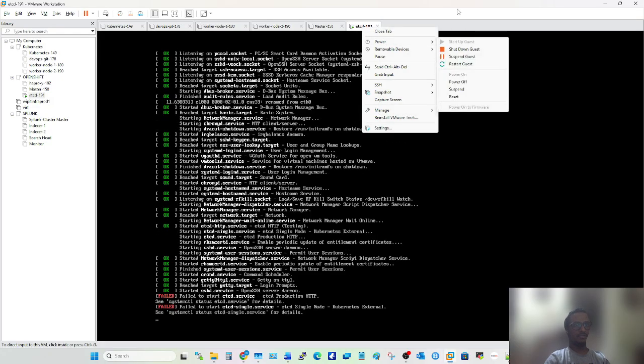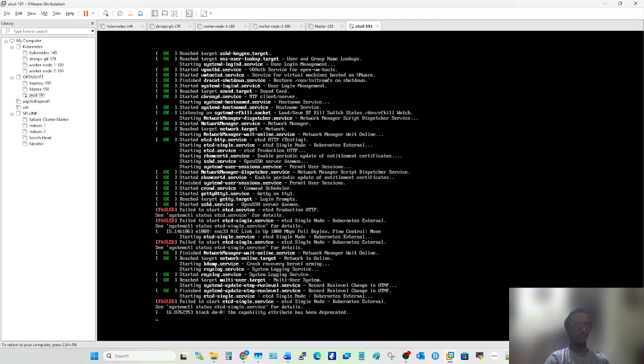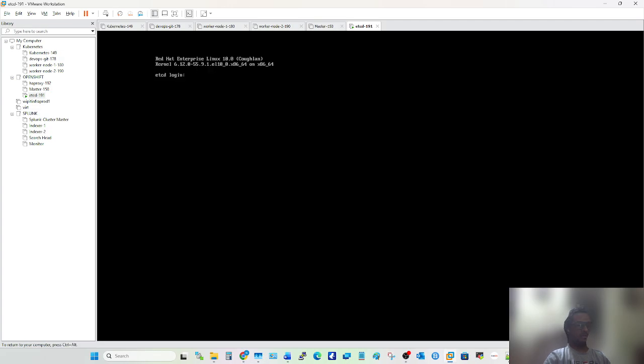Just let me check whether it is 6 or what. Yeah, wait a second. This is not a 6, I guess. Okay, this is Red Hat Enterprise Linux 10. You can see it here.